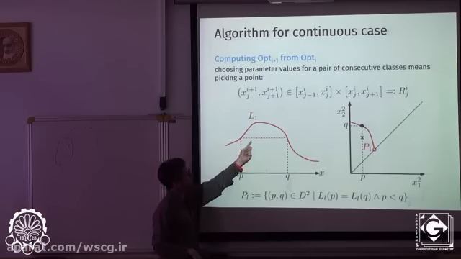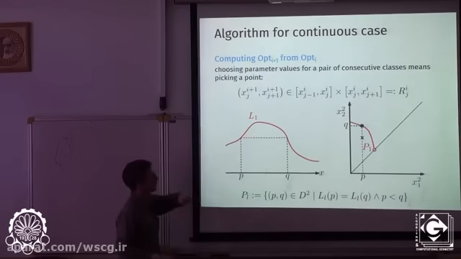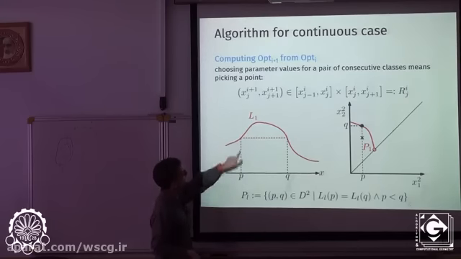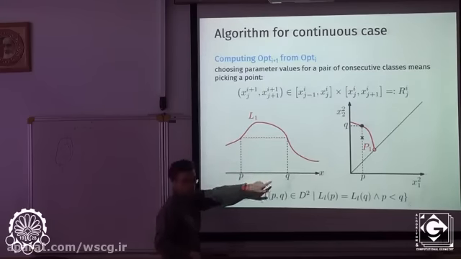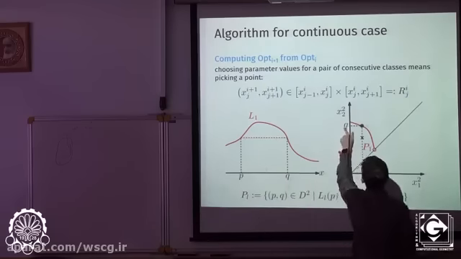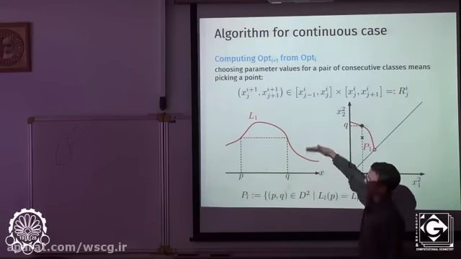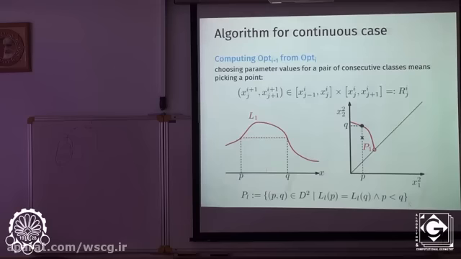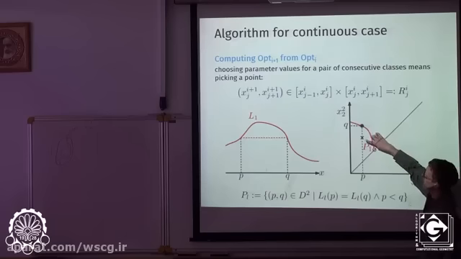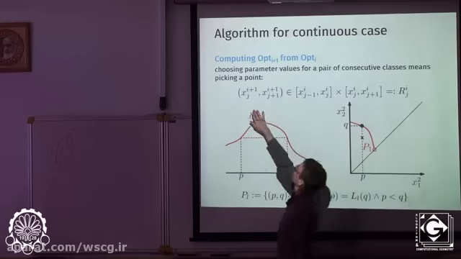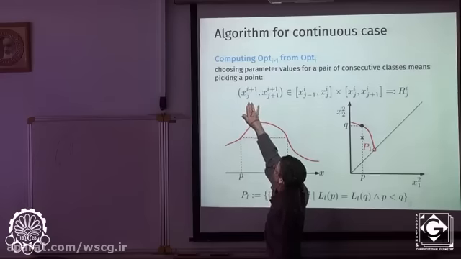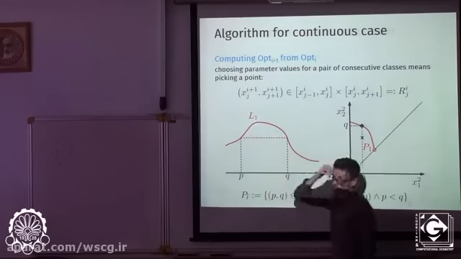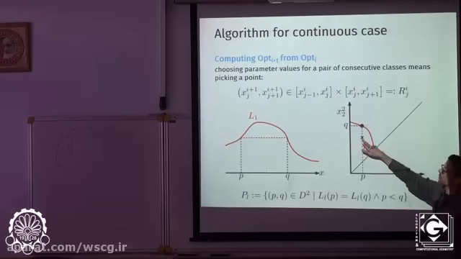I look at the two values where the likelihood function is the same. So this P has the same value as Q. And I plot this value in this space. And I do this for every possible height here. Then I get this curve. And what this curve describes is, if I now say in this space that this point, which describes in the I plus first classification the j's and the j plus first value, is here, then I know